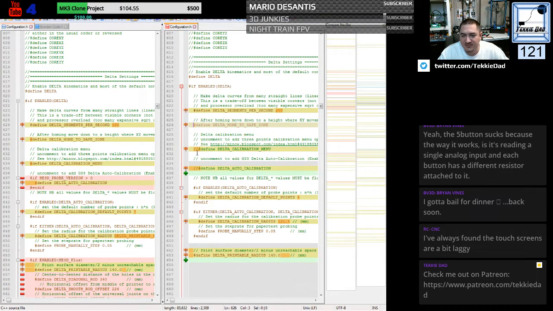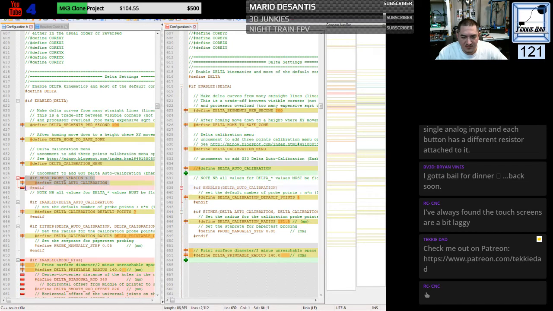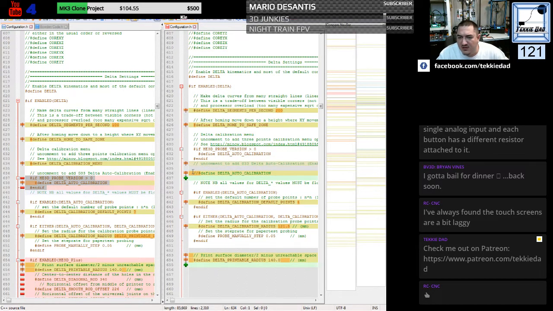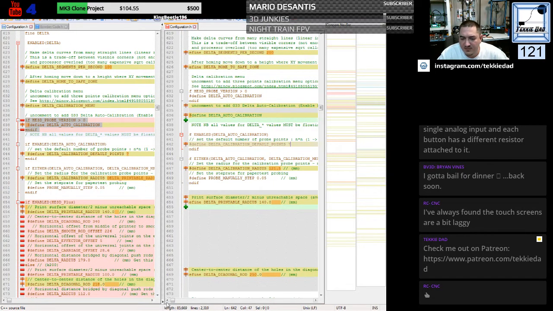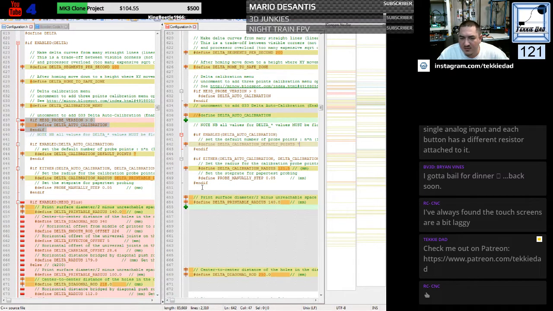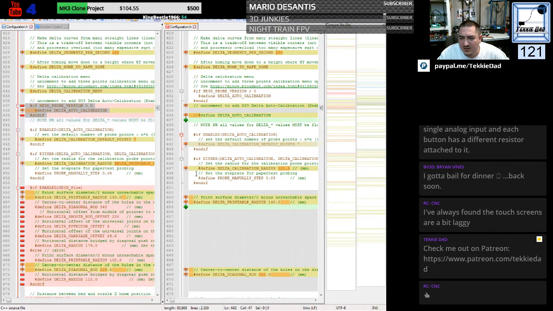Alright, I like the safe zone. Calibration. We need to do this. Okay. Define 7 points. Alright, and then